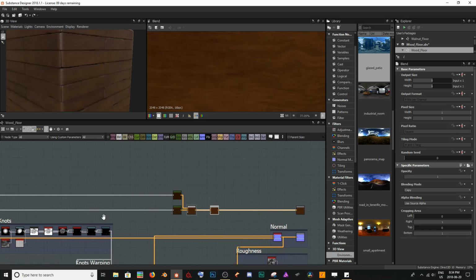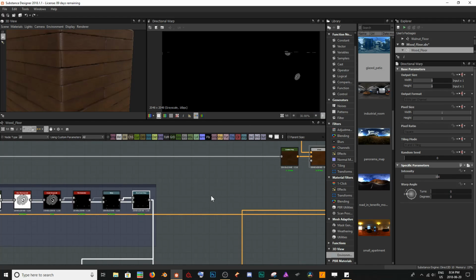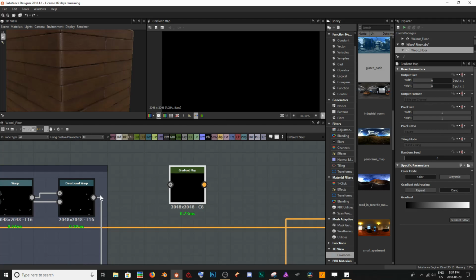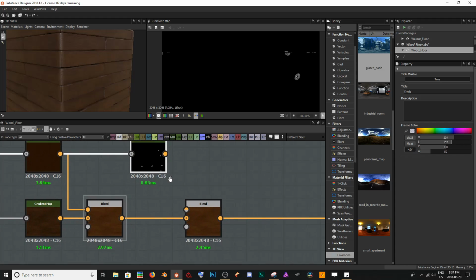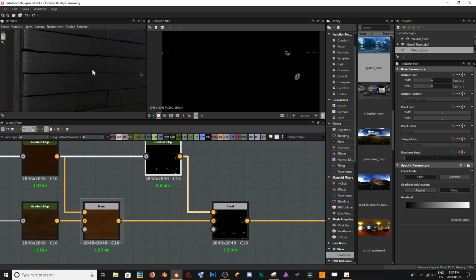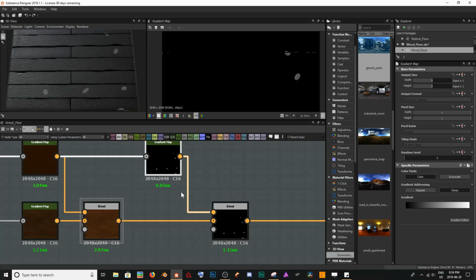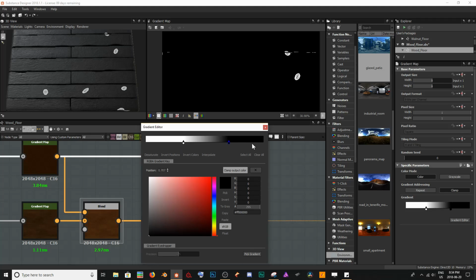And I'm going to go and find our knots. And I'm going to use this one right here where we've added a directional warp onto our knots. I'm going to add another gradient map. I'm just going to plug that guy in. And so now I'm going to use this over top, and we're going to see exactly where our knots are showing up. And so now what I want to do is invert this texture here, or this color map,